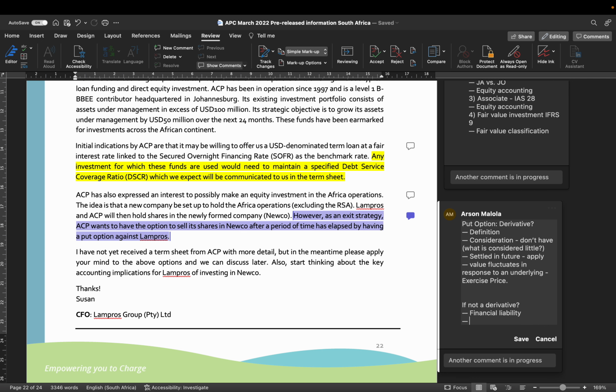You need to get used to, or better at, classifying contracts. Gone are the days in ITC where the required will say, discuss in accordance with IFRS 9 whether or not the contract is a derivative. Those days are gone. At APC level, you need to be comfortable with seeing a set of facts and circumstances and deciding for yourself what standard am I going to use to account for this accounting phenomenon. How do you decide? You use the definitions. For instance, you look at the T's and C's, and you ask yourself, is this thing a lease? The way to answer that question is to apply the definition of a lease. If it meets it, then it's a lease.